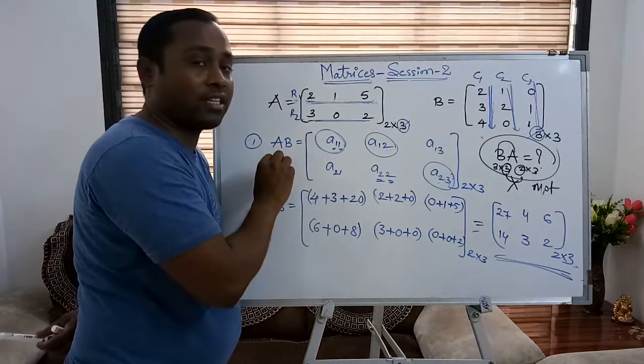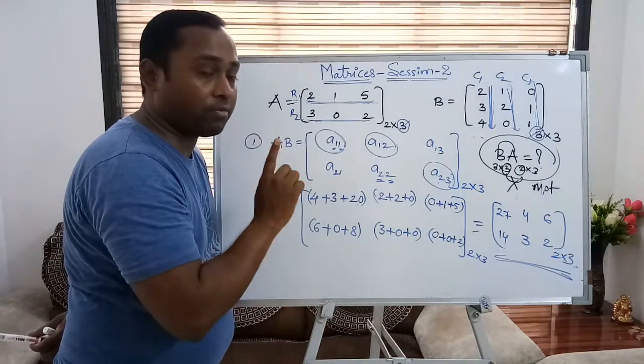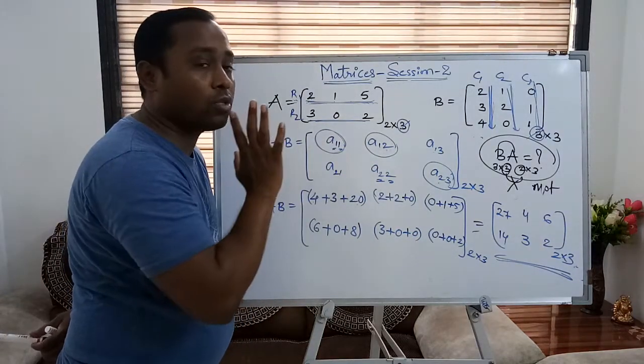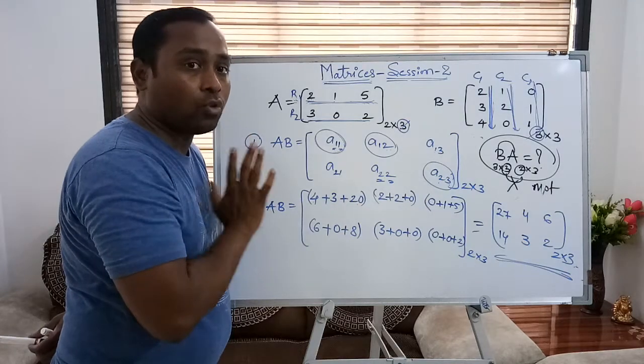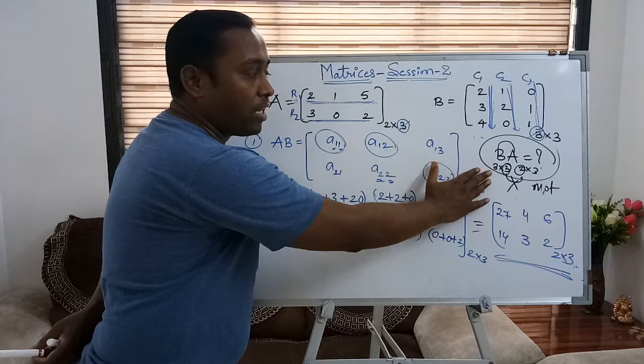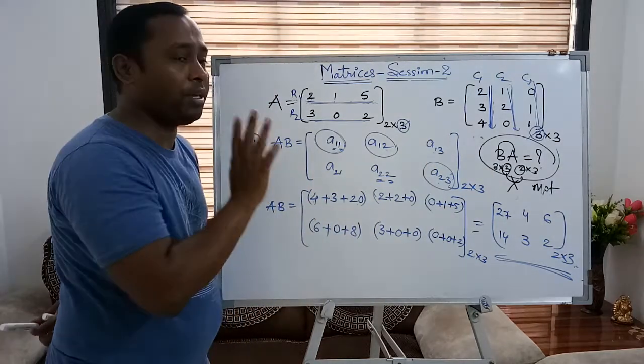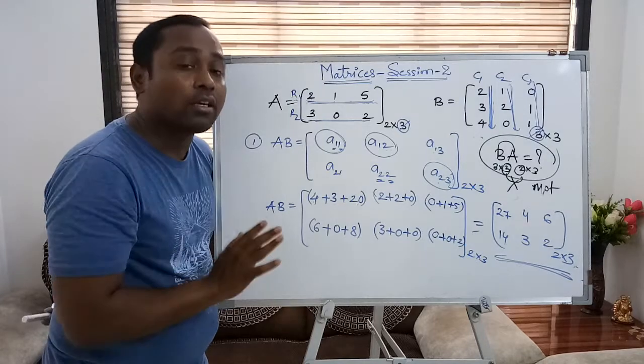But in matrix case the product is not always commutative. A into B is not equal to B into A, though they are defined. यहाँ पॉसिबल हो भी जाता मल्टीप्लिकेशन तो भी उनके आंसर सेम नहीं होंगे. ए बी का रिजल्ट बी ए का रिजल्ट से सेम नहीं होगा.